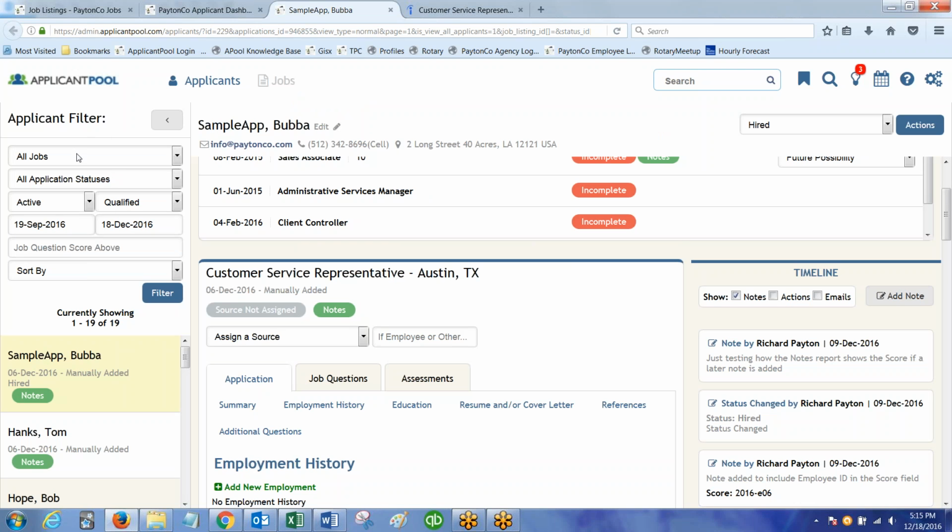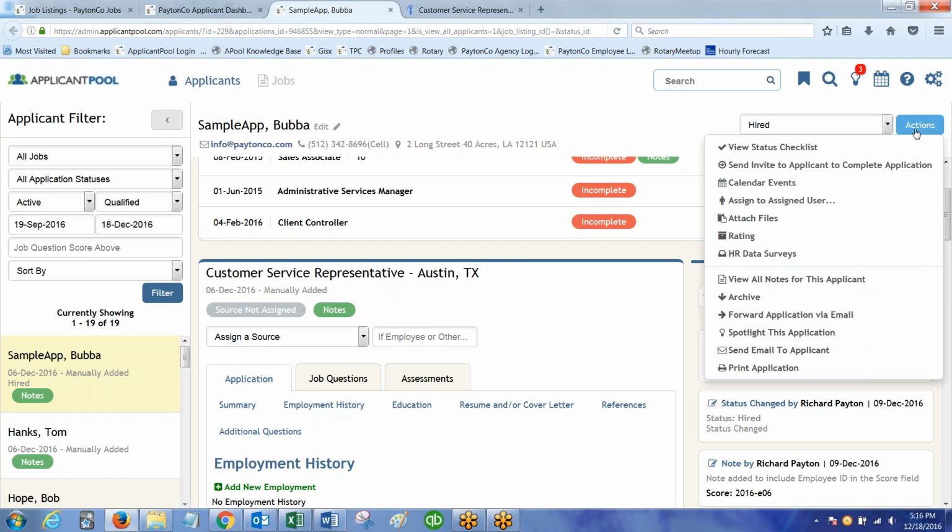I've got these filters so I can actually change what job I'm looking at. I can specify a given status, same sorts of things that we looked at on the other page. And then on the upper right, I've got the actions that I can pursue for this applicant or this application. So you won't necessarily have all of these things turned on your site, but I'm going to just touch on some of the primary ones, and that is